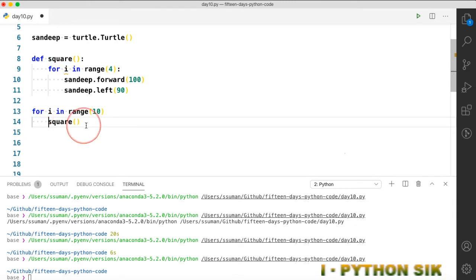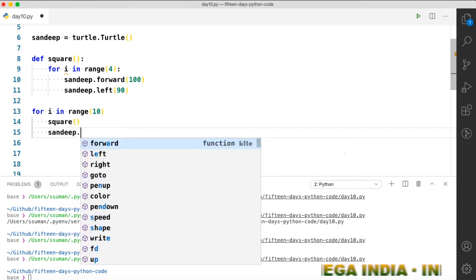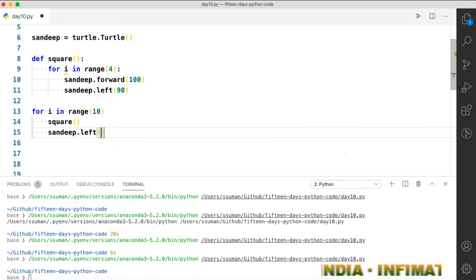First we will create one square, then we will turn the turtle left by an angle of say 20 degrees. So first it will create one square, then the turtle will rotate itself 20 degrees left, and then it again creates a square, and in this way it will go 10 times. Let's check how the end product will look.